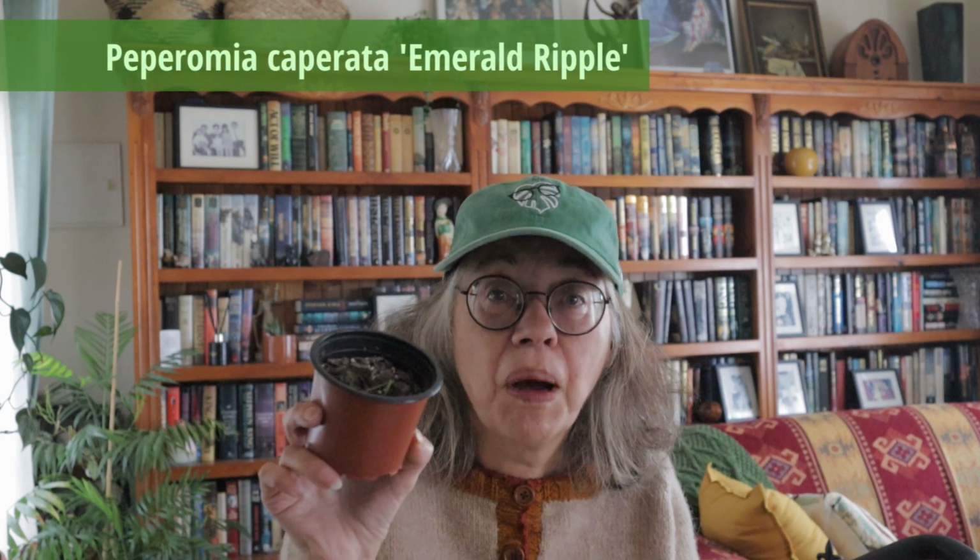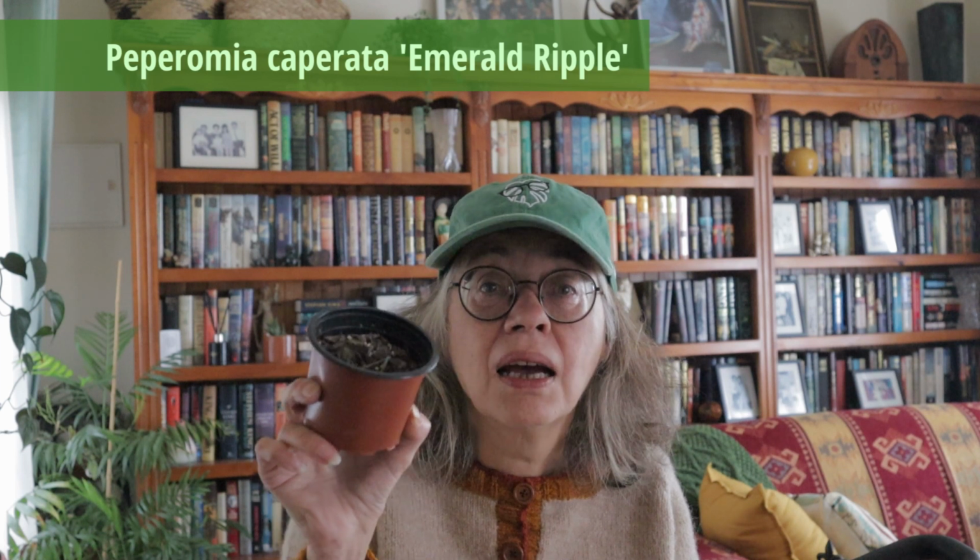The next one is also an ugly. Well, actually no. This one is one of the bad. So sad. This is what is left of my Peperomia caperata emerald ripple. I've already gone into what happened with this one, overwatering, and I had several leaf cuttings that grew in my